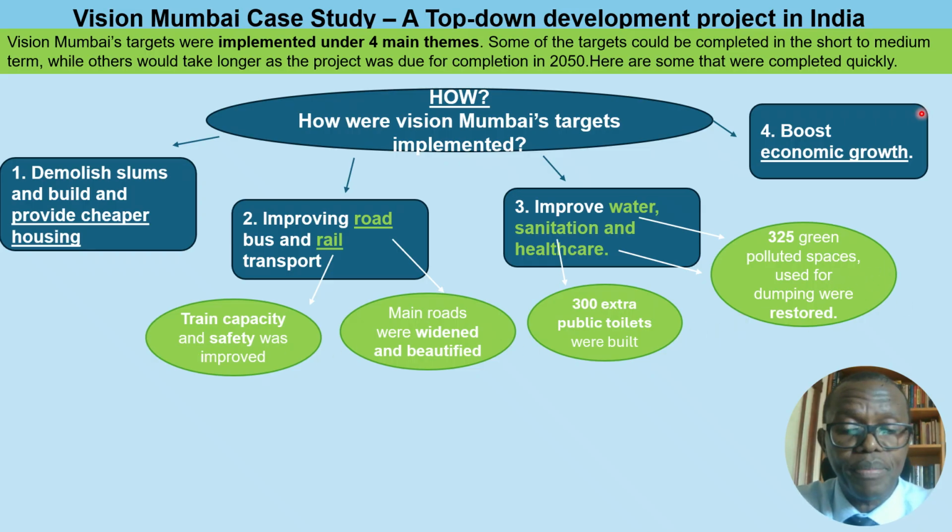living in Mumbai. However, having said that, I know that it said that the completion was 2050, but we shall see later on what happened. Somebody could argue that these here are quite simple things that could have been done very, very quickly and simply, which is what actually did happen, and that they could be described as superficial, if you like, because they are not necessarily solving the main problem.